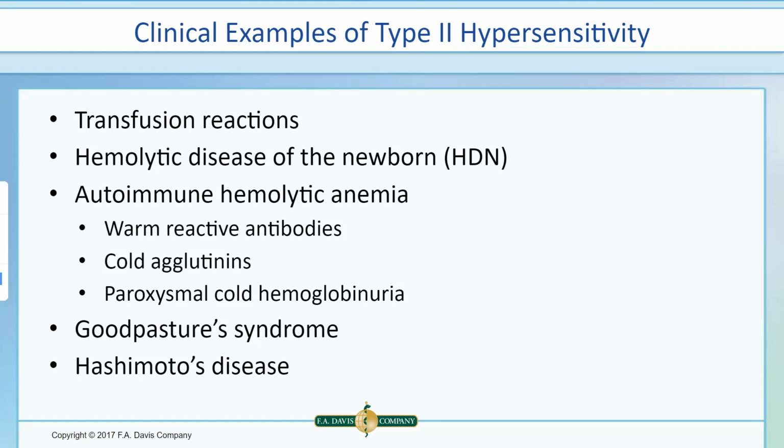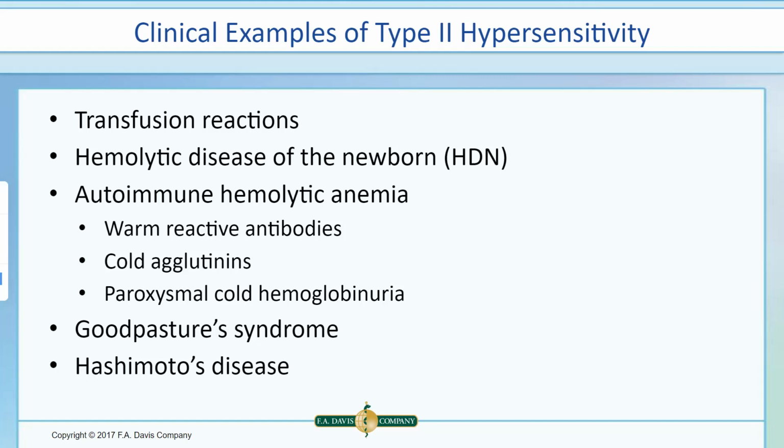If you are given the wrong blood type, what happens is the antigens on the surface of your red blood cells are not compatible with the antibodies found in the incoming serum, or vice versa. The antibodies in your serum are not compatible with the antigen on the incoming blood cell. And if that happens, then the antibodies are going to bind to those antigens on the surface of the red blood cells, and it's going to cause those red blood cells to lyse open. That's going to release a lot of cellular waste and debris into the bloodstream